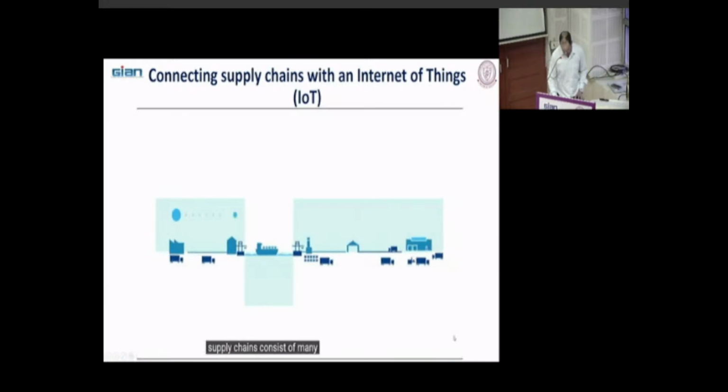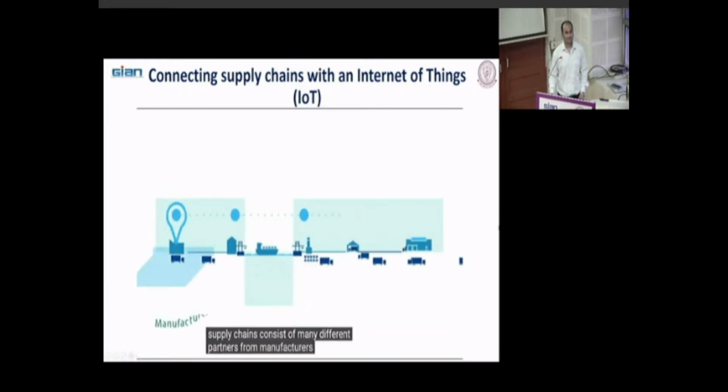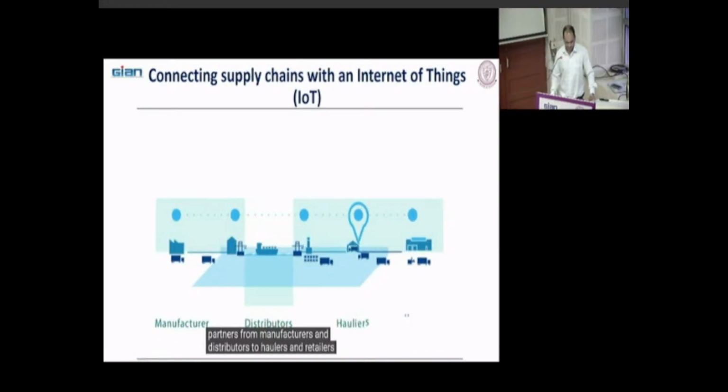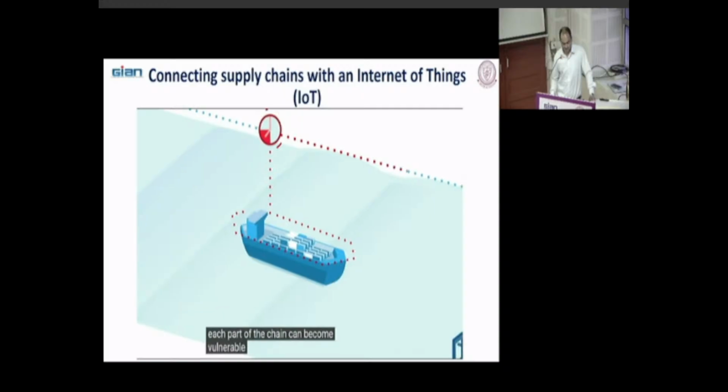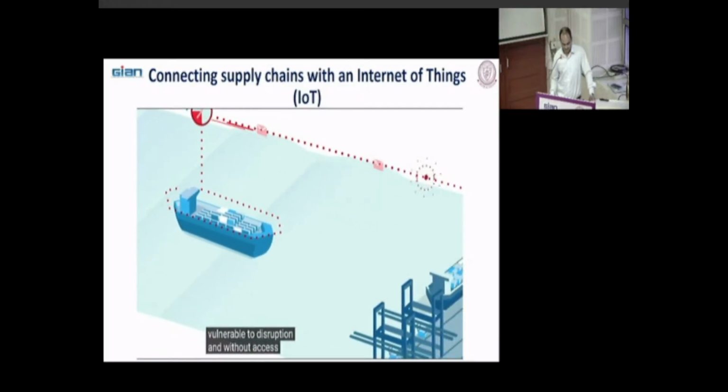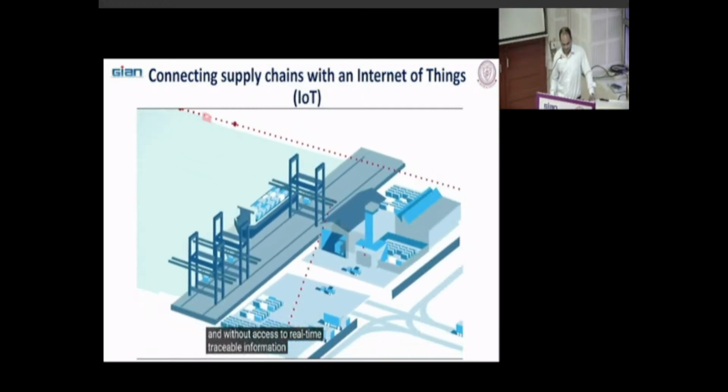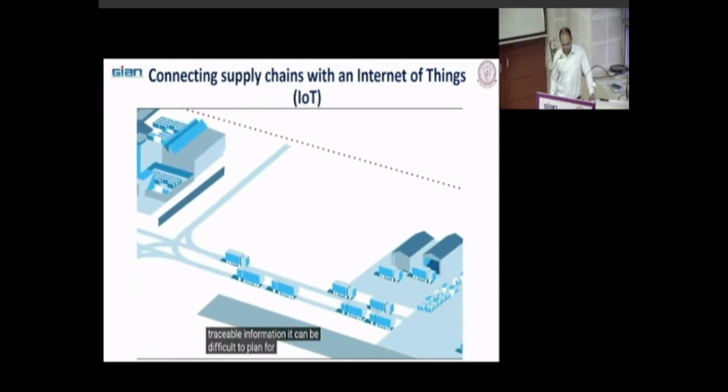Supply chains consist of many different partners, from manufacturers and distributors to hauliers and retailers. Look at this one example of how we can use the Internet of Things. Each part of the chain can become vulnerable to disruption. And without access to real-time traceable information, it can be difficult to plan for or respond